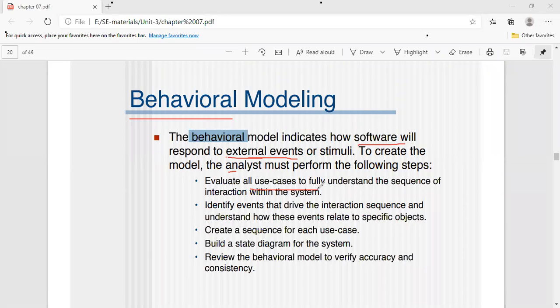Evaluate all use cases. First, you should evaluate all use cases, which means in the use case diagram, we represent the users, actors, as well as the system, and what are the tasks requested by an actor. That's why if you want to build behavioral modeling, first of all you should evaluate all the use cases you have within that project